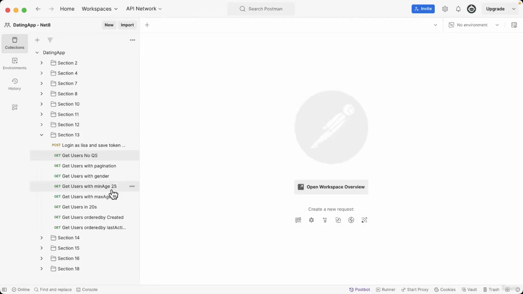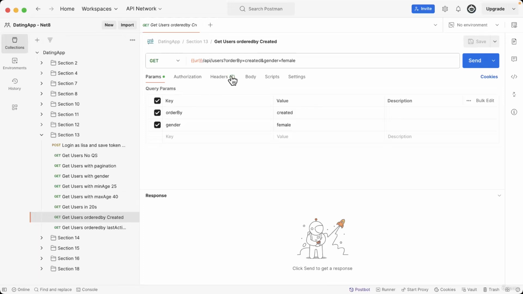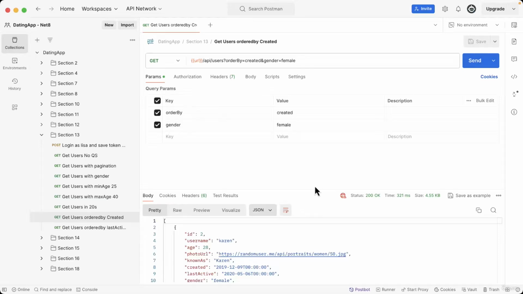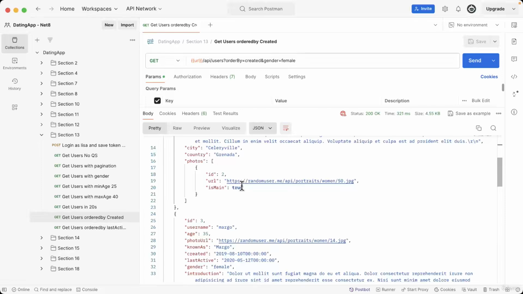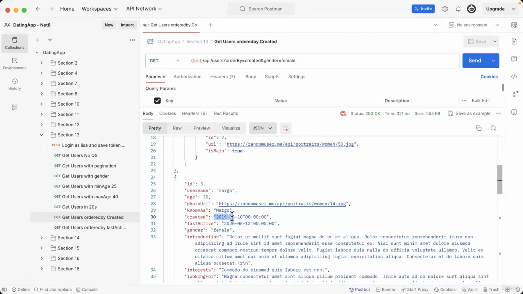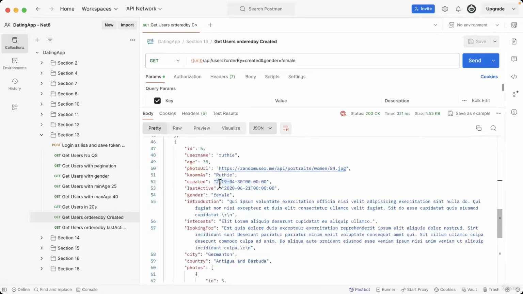Okay, so let's take a look at the get users ordered by created. It's kind of difficult to see on this. We'll probably find it easier to test in the client itself, but we'll try this anyway. So we've got our query at the top there, order by equals created and gender equals female. So let's give this one a go, and we can see that Karen is first in the list, and this was created 2019/12, and if we go down, then this was 2019/08, so that looks okay. And then we've got 2019/04,